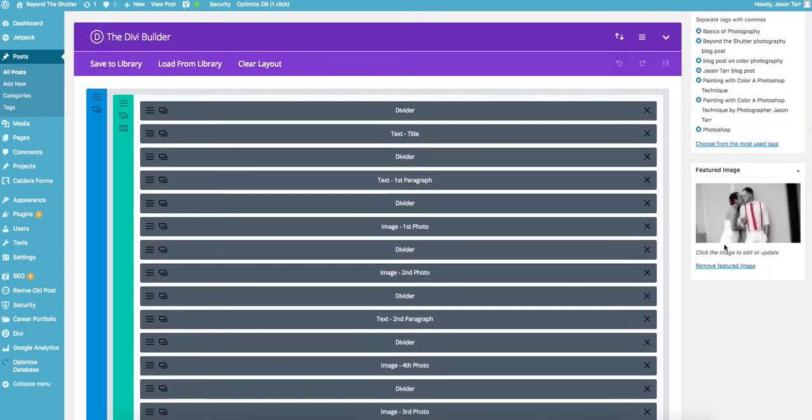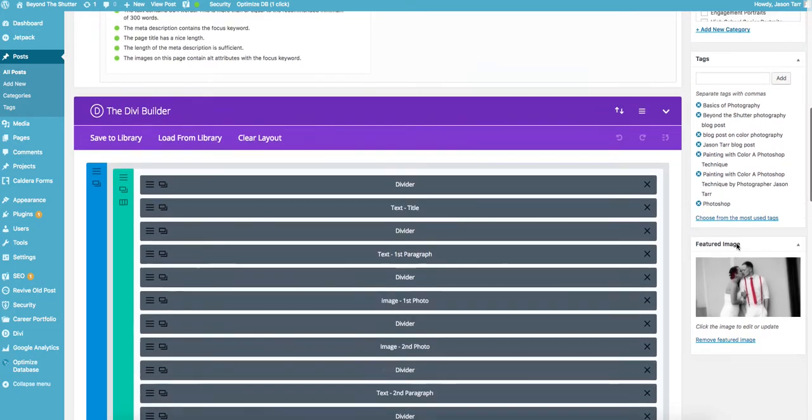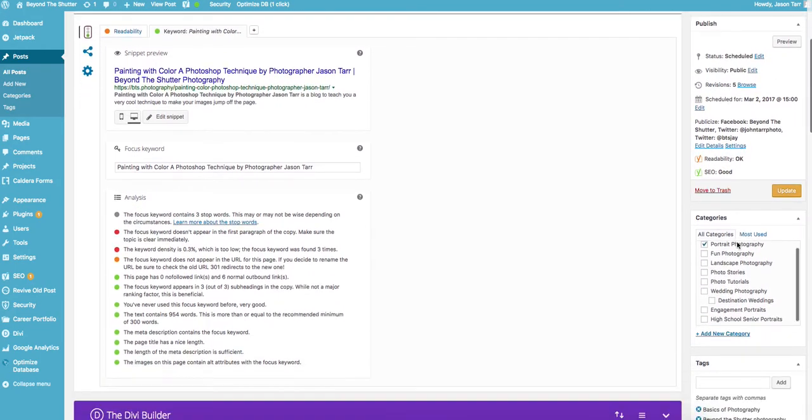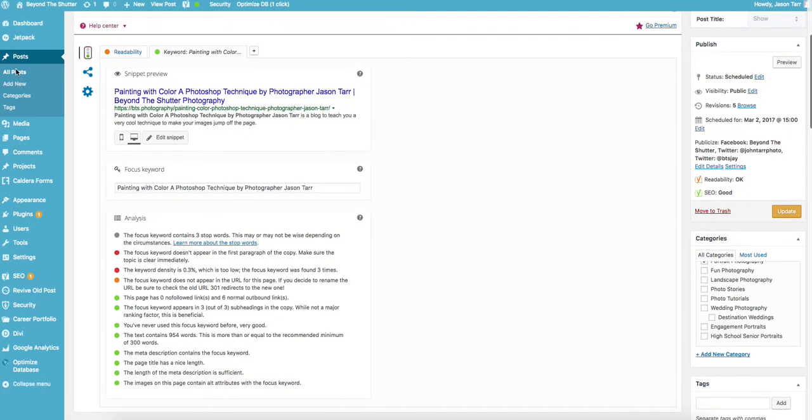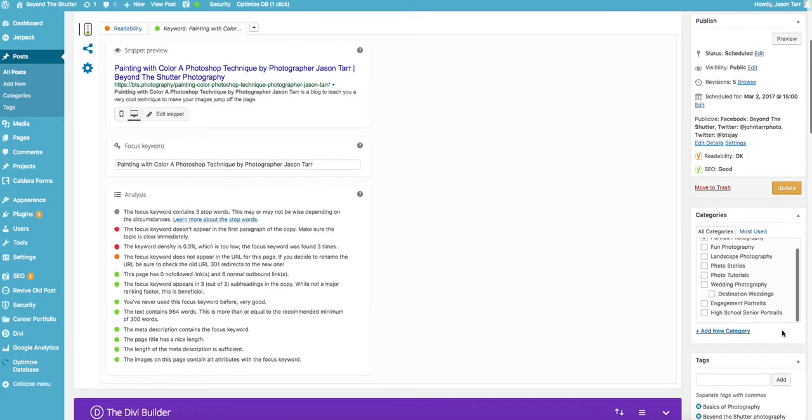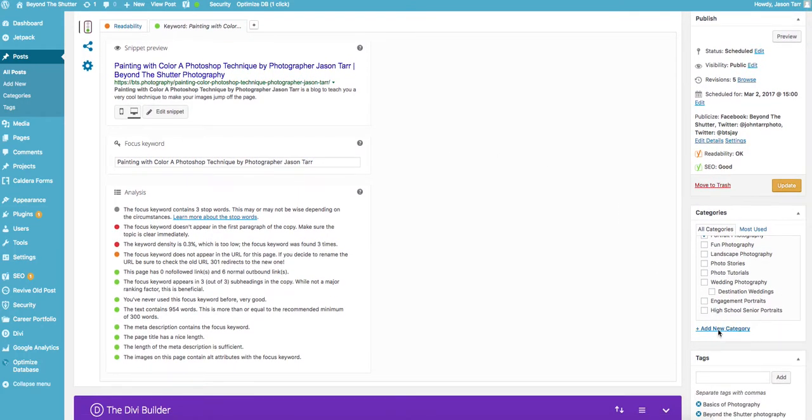Here's a featured image, and we want to make sure, because I specially built it for this, that it follows. So you can either set up a new category right here, or you can go over to the left-hand side under posts, all posts, and there's a place for categories. You can go in there and make it there. This is just more convenient right here. So I'm going to start right here. I'm going to start a new category, and I'm going to call it Photoshop